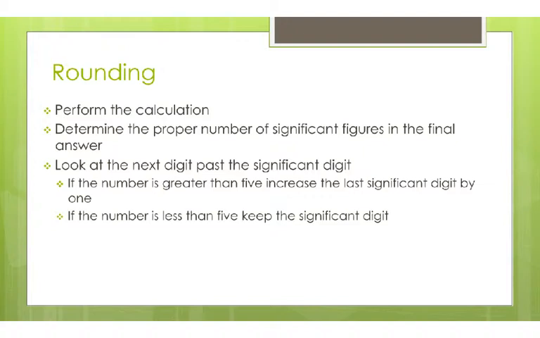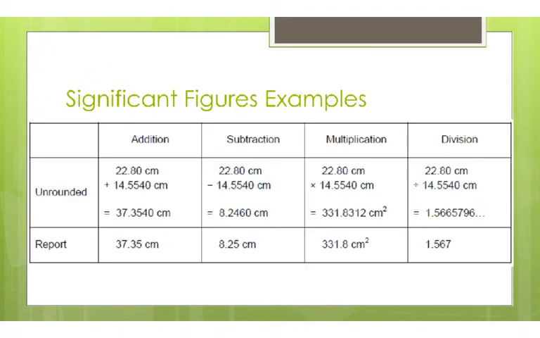Look at the next digit past the significant digit. If the number is greater than 5, increase that last digit by 1. If the number is less than 5, keep the significant digit. Okay, knowing that, you can see here in the addition, subtraction, multiplication, and division, it gives you some sample problems